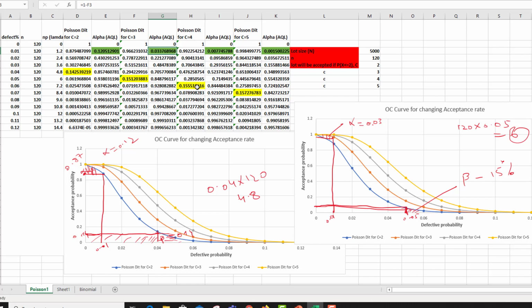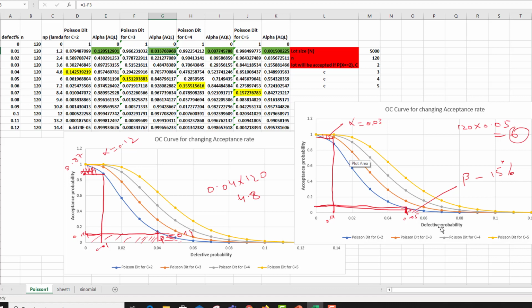For example, using this scenario, in the whole production, now 0.06 times 120, so 7 products or more than 7 products will be defective. So if a consumer buys a lot, there is a chance that there will be more than 7 defective units. Similarly, for C equal to 5, your level of alpha, or the producer risk, will be further reduced, but your beta will be further increased. So you can see now it is 0.07. There will be more defective portion in this one.